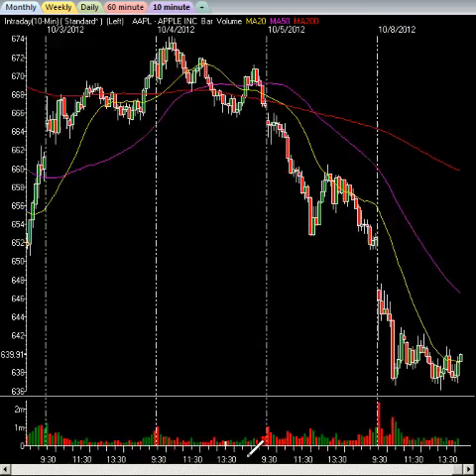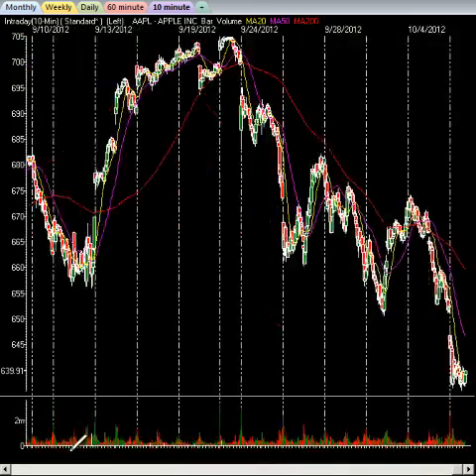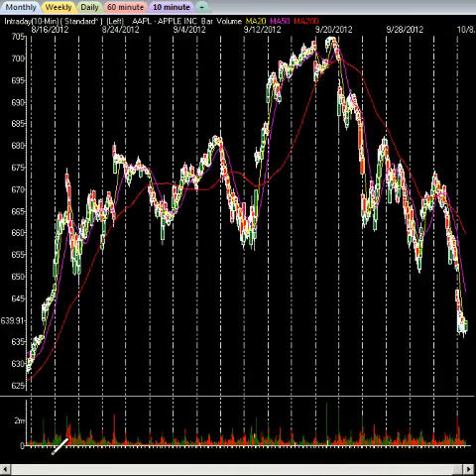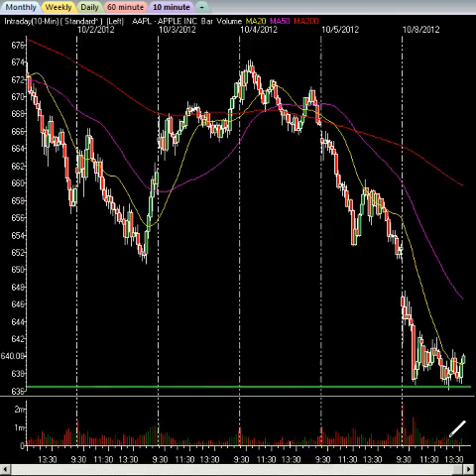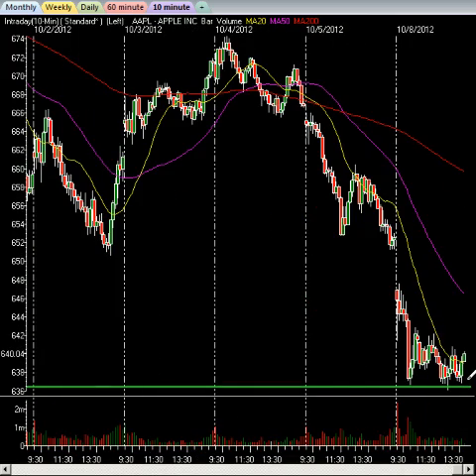Well, what I want you to do is just zoom out, zoom out, zoom out. I know it seems like a lot of zooming, but you got to be able to do this. See this gap fill right here, going back to the 16th of August. Take that, drag it right across, and look at that. Gap fill. So that's a major gap fill on Apple, and that's what was filled today. And I look at that, 1, 2, 3, and now it's starting to push up.